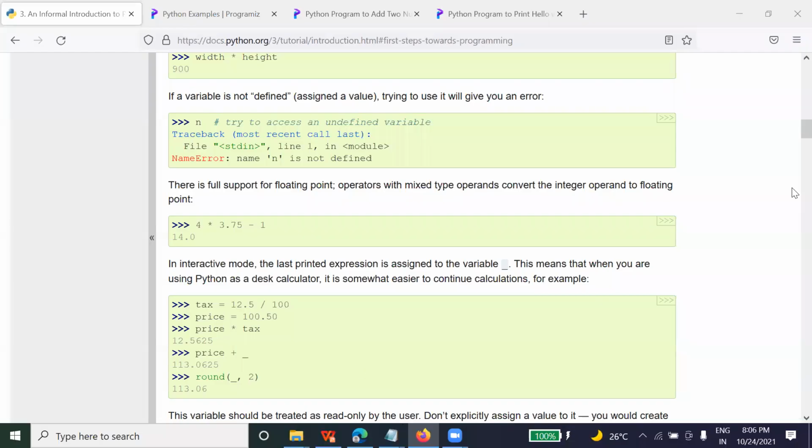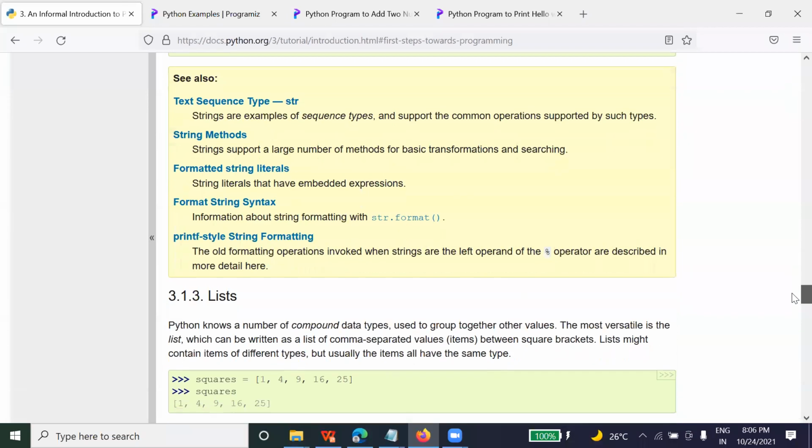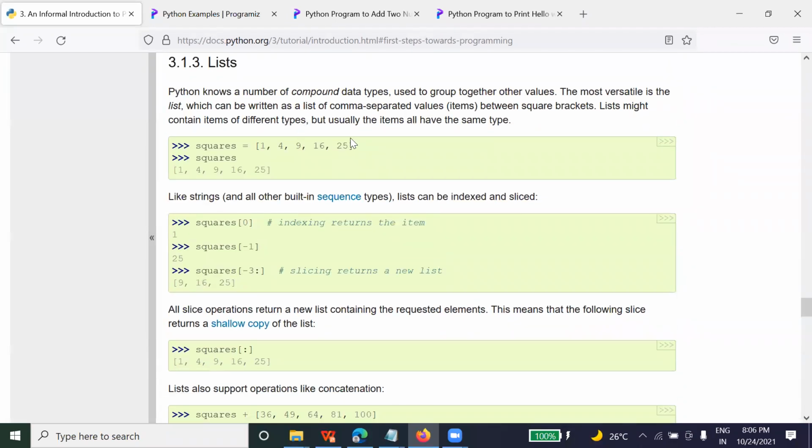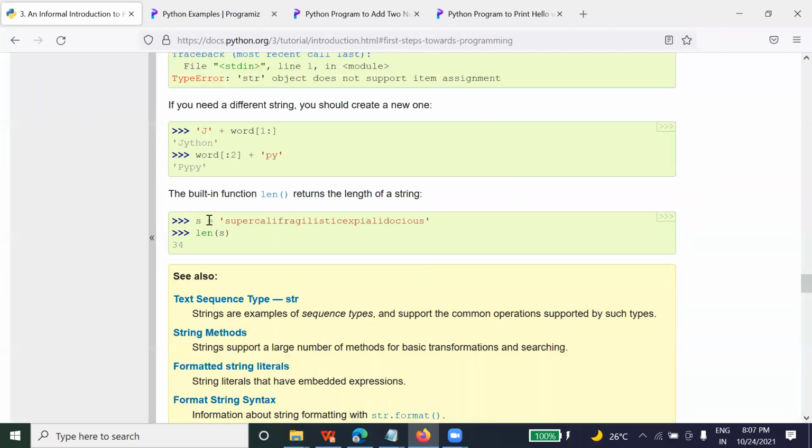List is used to hold multiple values and a variable is holding a single value. It's a very easy topic in the whole Python language. You should have remembered that. Here you can see multiple values are held by a single variable, square, and we have seen the example in the previous class. In a variable you can hold only a single value.